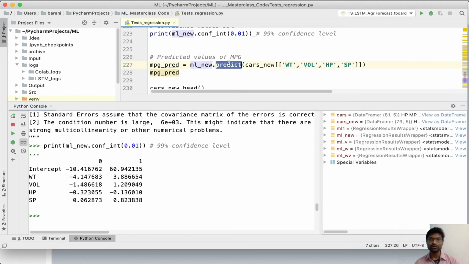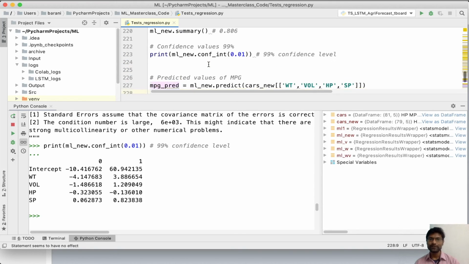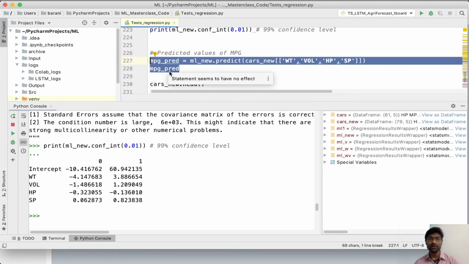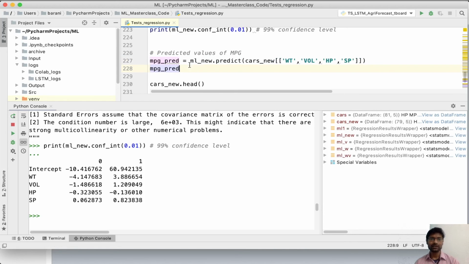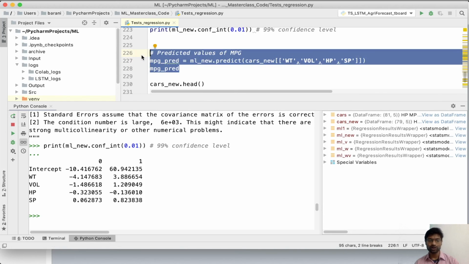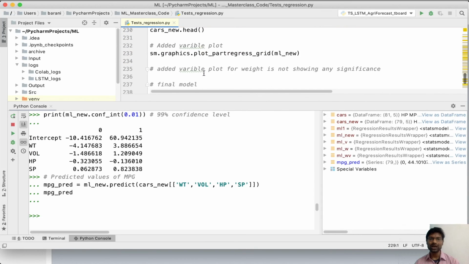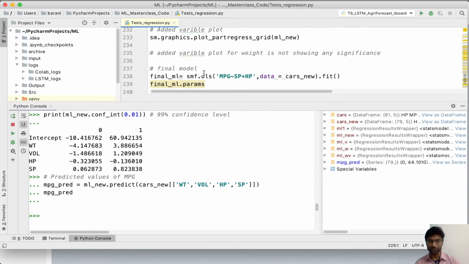We will now proceed ahead with building a new model. Here I am trying to predict with the latest model that is constructed and see the output. But this is not the model we are going to finally freeze with. So I'm not going to execute or read this information here, but it is better to go ahead and see what is the final model we are going to build and analyze that.